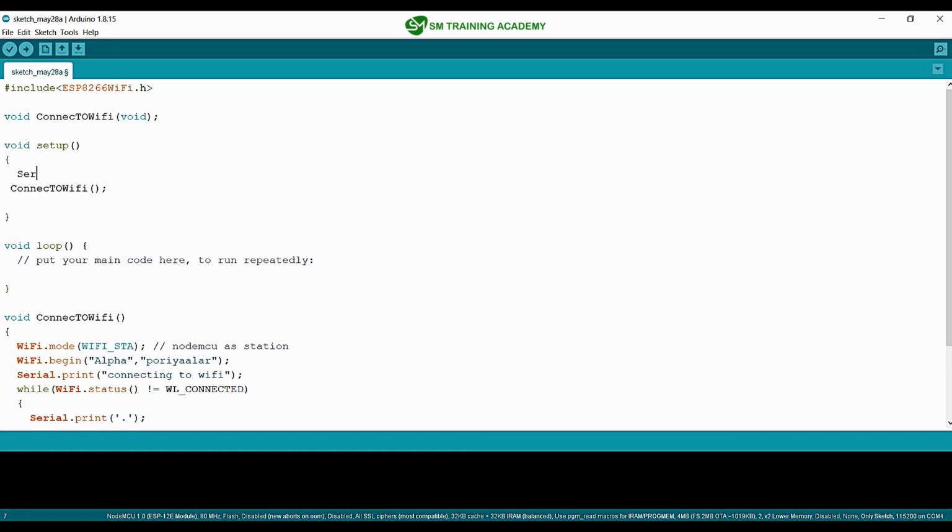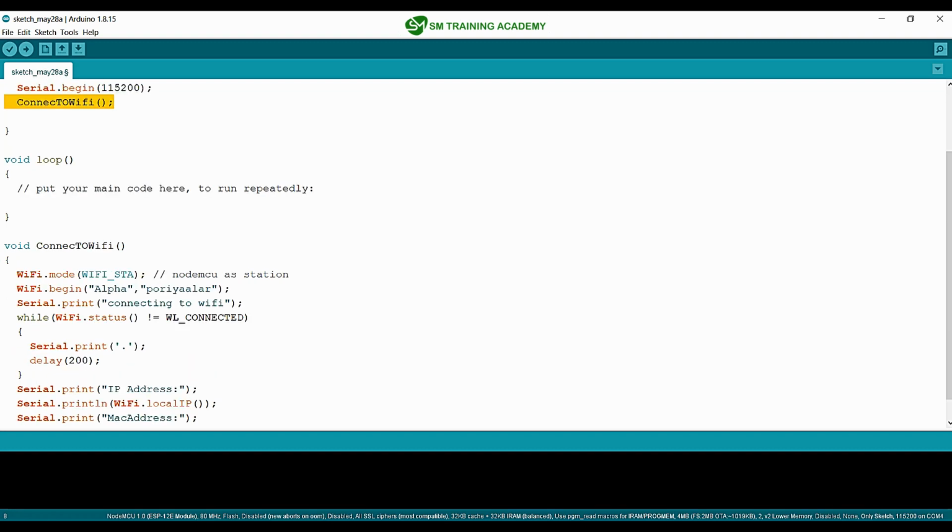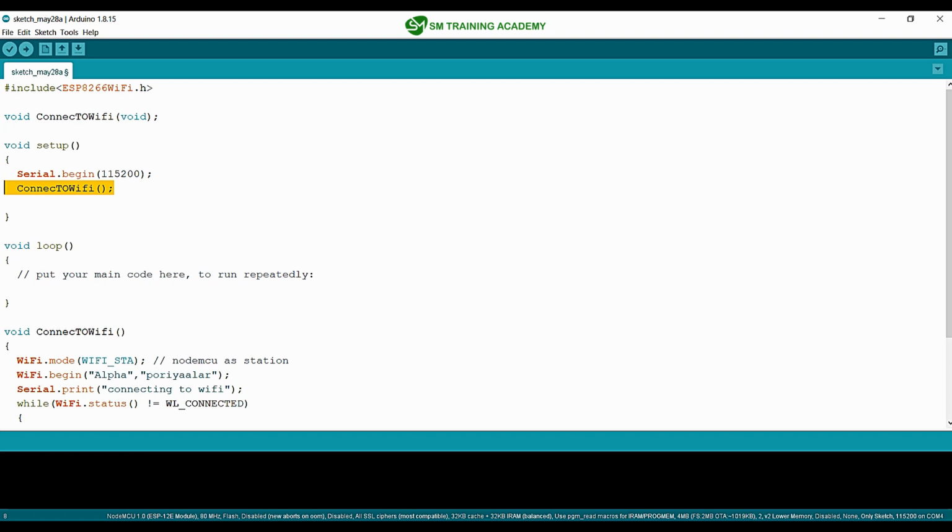And in void setup, I am going to use the serial monitor as usual for printing the response that I got from the ThingSpeak server, with the baud rate of 115200, and that's it. Our initialization part has been completed. We have connected the device to the Wi-Fi using this function call, and I have explained clearly about connecting this device to the Wi-Fi router in a separate lecture. If you have not watched that lecture, you can go back to it. I am not going to explain that here.